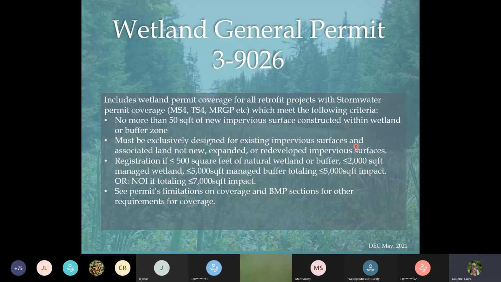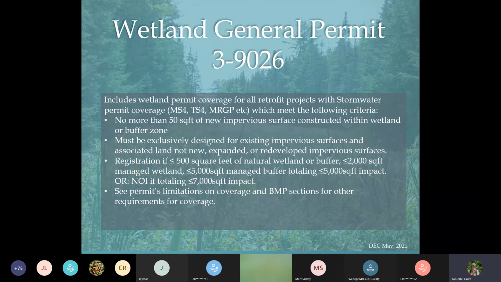Okay, so our water quality general permit is called the 39026. It includes wetland permit coverage for all retrofit projects with stormwater permit coverage. So anything with an MS4, MRGP, 3-acre permits, and they need to meet certain criteria, and it needs to be for retrofitting a site.